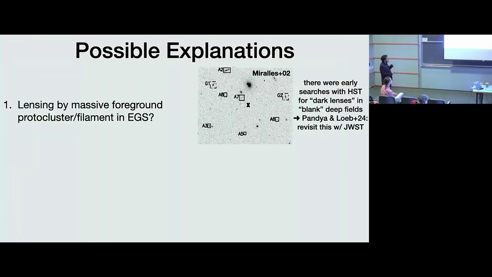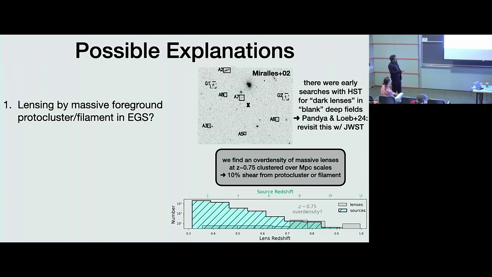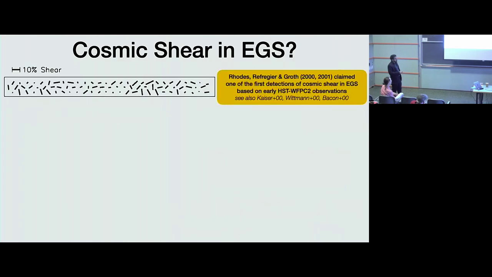One is there, even though Sears is a blank field, there could be overdensity at low redshift. We think possibly a protocluster filament. And early on with HST, people would use HST to look for dark lenses in blank deep fields, and so we're proposing that this should be revisited with JWST. In fact, we do find an overdensity of lens galaxies at redshift 0.75, and in fact, it's not a coincidence